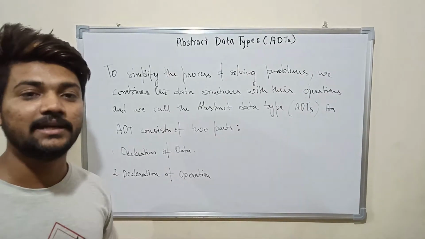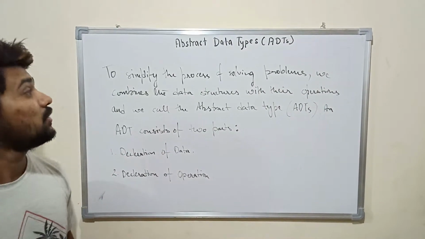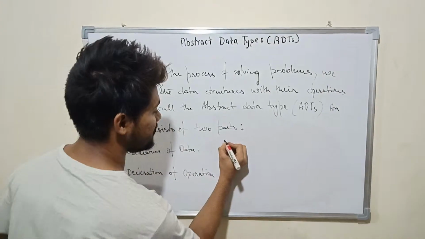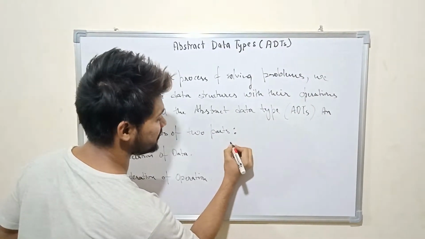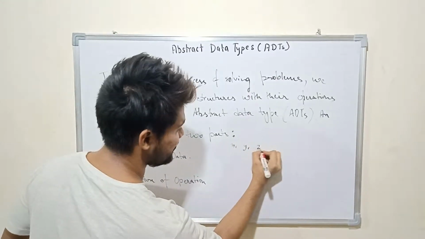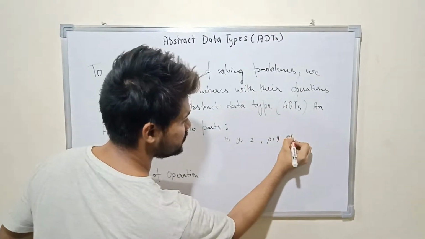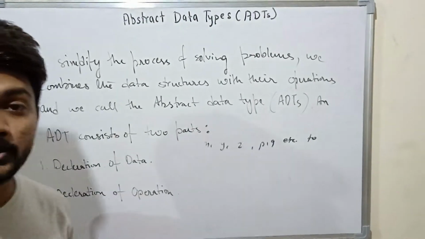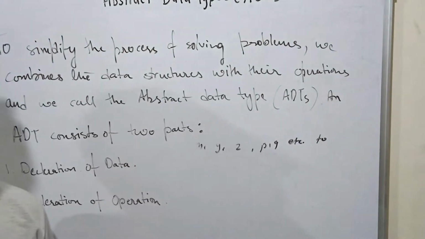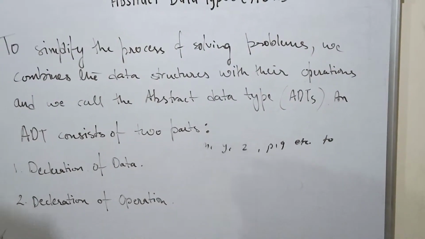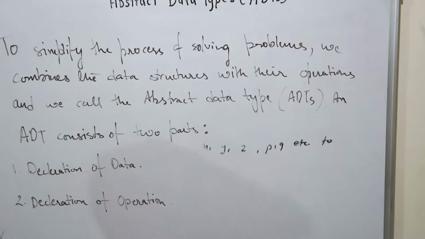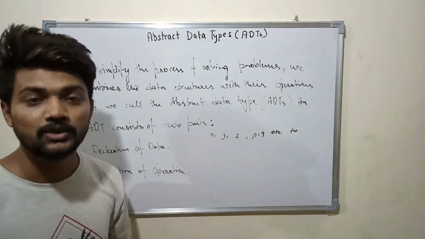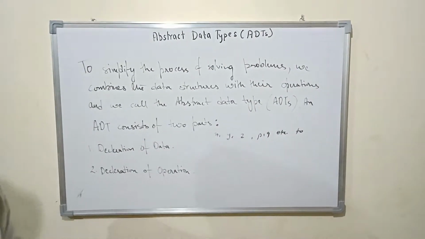So before understanding abstract data types, we have to understand what data types actually are. As in algebra, we use many variables such as x, y, z, p, q, etc. to store different values in them. The values may be integer types or decimal types, etc. Similarly, in programming we also use different types of variables to store different types of data, and these variables